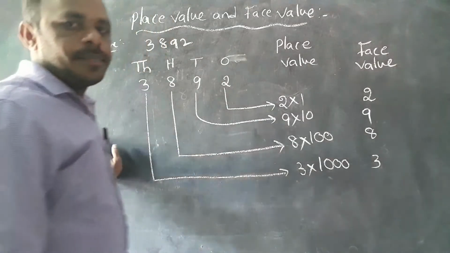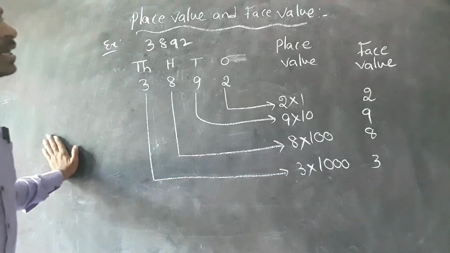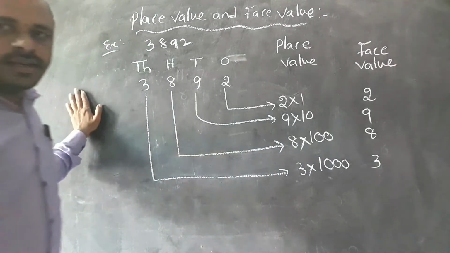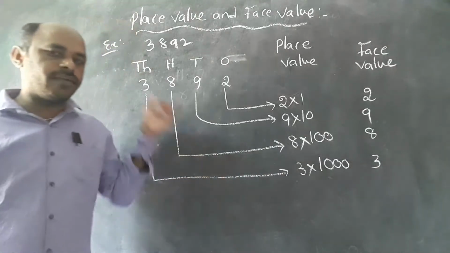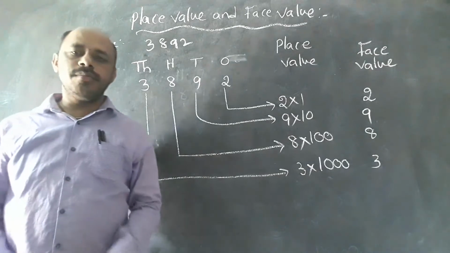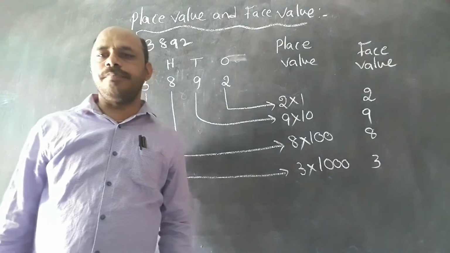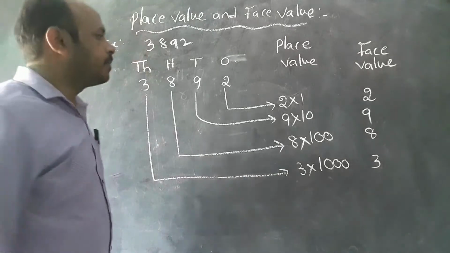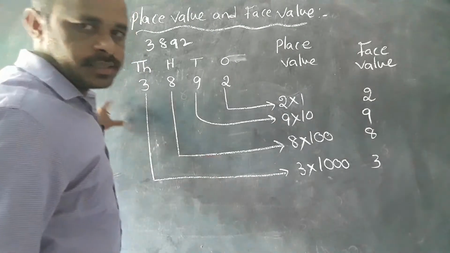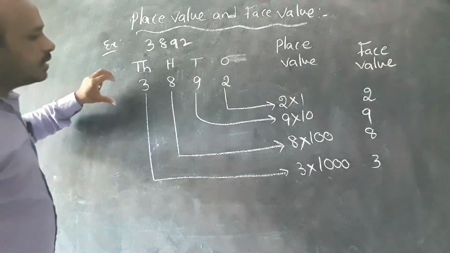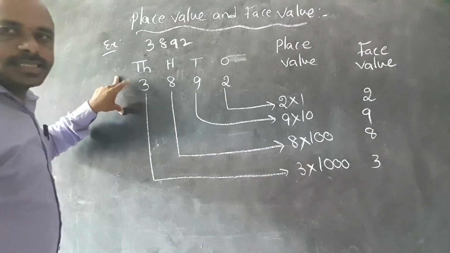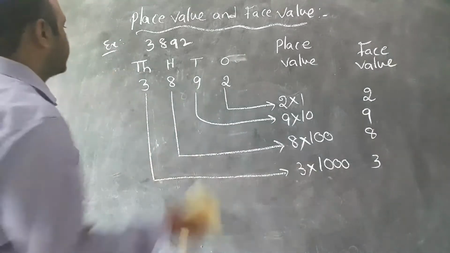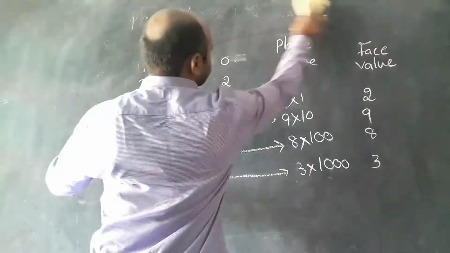This is the topic of place value and face value according to the given numbers. I wrote only one example. One more thing: expanded form. How to write the expanded form? Okay, now this is understood. I think you have to observe this clearly. We will get an idea for the next examples. Okay. Next, expanded form.